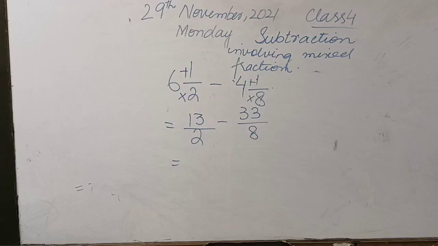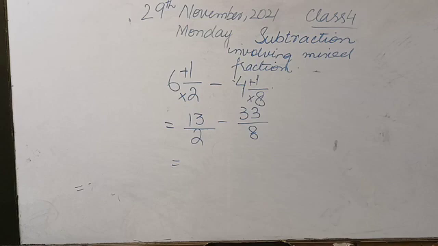Am I clear? Now, as you look class, we have two fractions here. The first one is 13 by 2 and the next one is 33 by 8. And in both fractions the denominators are different. हमारे पास दोनों जो डिनोमिनेटर हैं वो क्या हैं? डिफरेंट हैं. सो व्हाट वुड वी डू? अब हम क्या करेंगे? वी विल मेक डिनोमिनेटर सेम. ठीक है? So should I make 2 to 8? क्या मैं बना सकती हूँ 8 2 को 8?